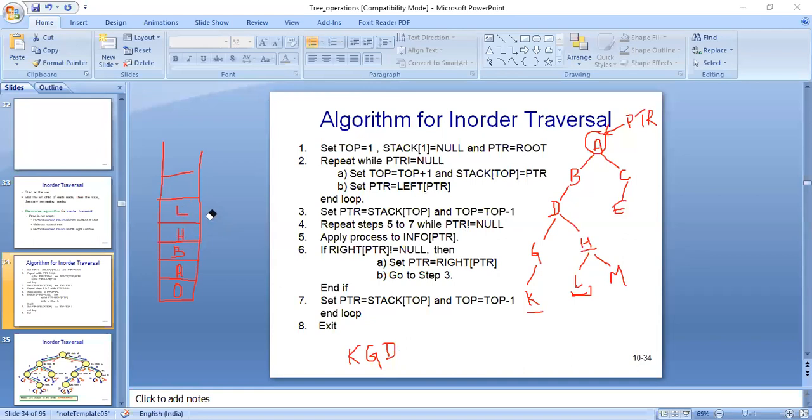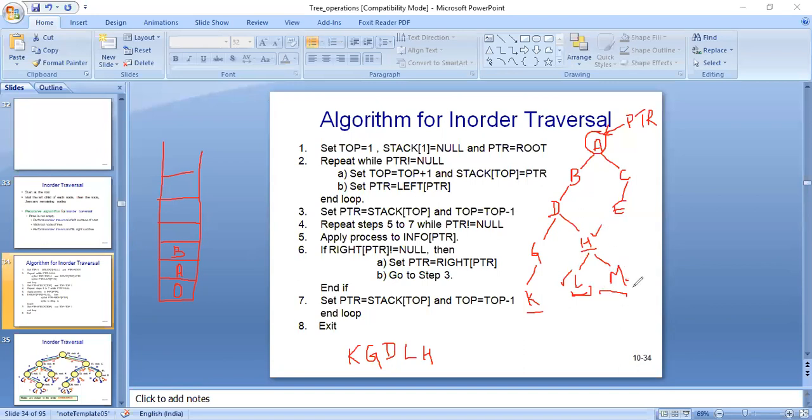So these will be removed off from your stack. All right. So afterwards, we will again proceed. We will set the pointer to M because it is the right child, and we have already processed left, we have processed root, and then we will be